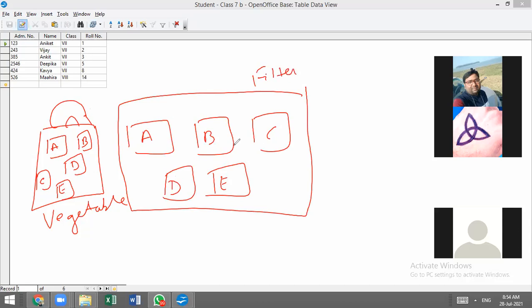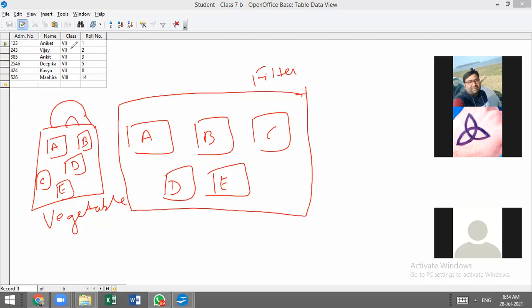Why do we want to bifurcate it? To make our task easier. If all the vegetables are mixed at the time of cooking, how can it be done? Very difficult, right?